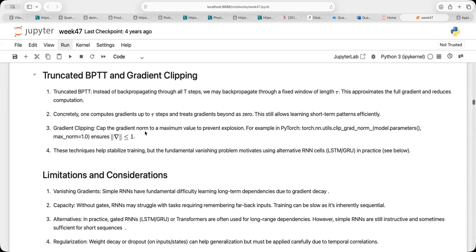Then you have gradient clipping, which we discussed last week, which is a simple trick which is normally implemented. And you will find that as an input option to a recurrent neural network, where you can simply say that if the gradient grows beyond a certain value, then you clip it and put it down to a smaller value. And we discussed the recipe last time. And normally these recipes, these kind of rules, these techniques actually help to stabilize the training.